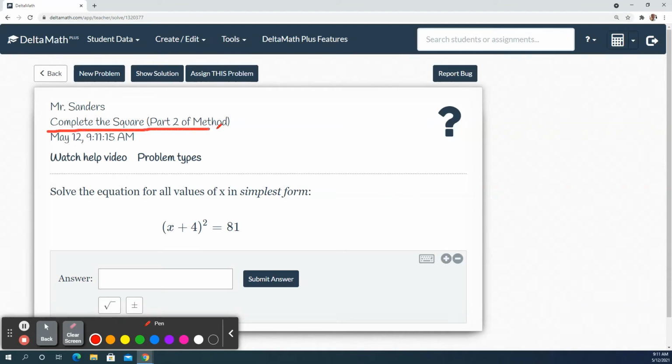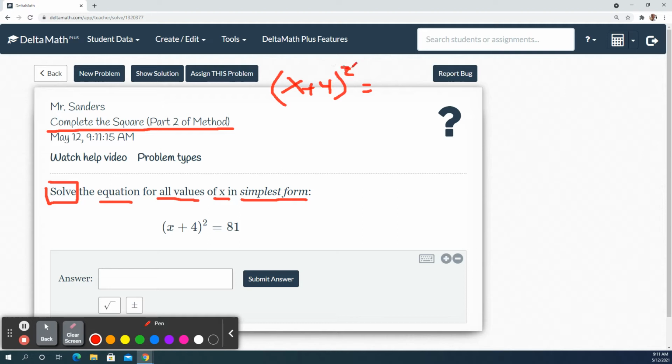Complete the square, part 2 of the method. At this stage, we are finishing off and finalizing, basically solving for x. We're asked to solve the equation for all values of x in its simplest form. So we have (x + 4) quantity squared